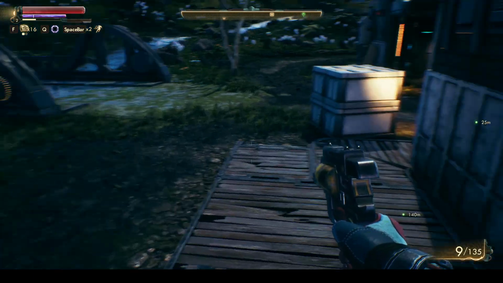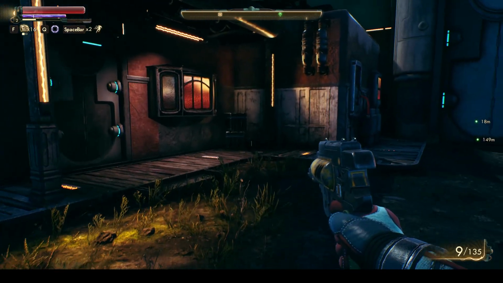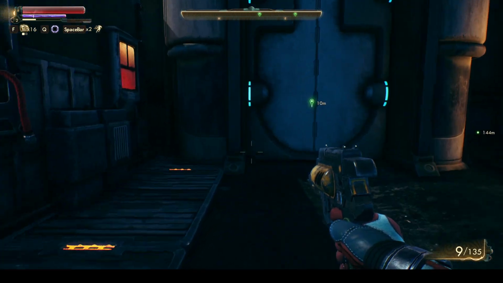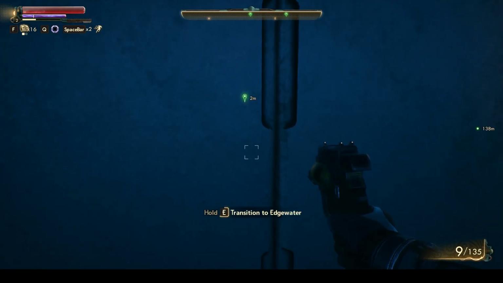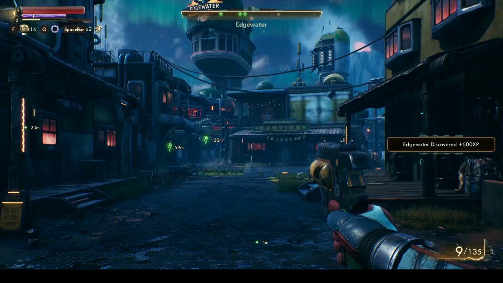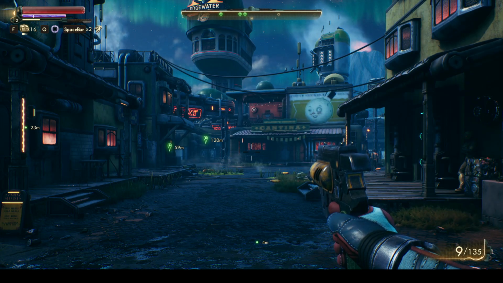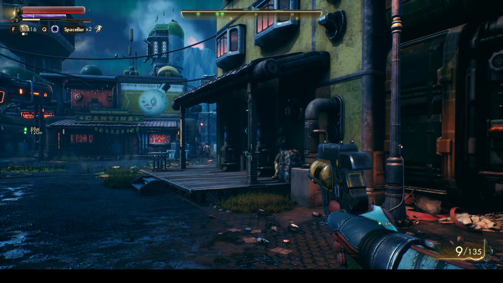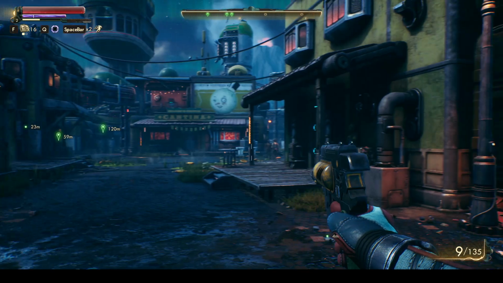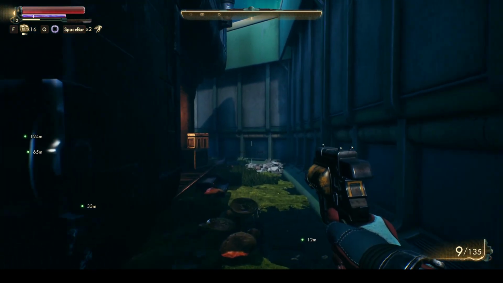So we'll head into town, get a couple more freebies, and I'll show you where the first storage is that I use. So I'll pause it while it loads in. Right, so here's Edgewater, just got 600 XP just for discovering it. Okay, so here's a town we need to explore, lots of NPCs to start with though. If we come up here to the right,